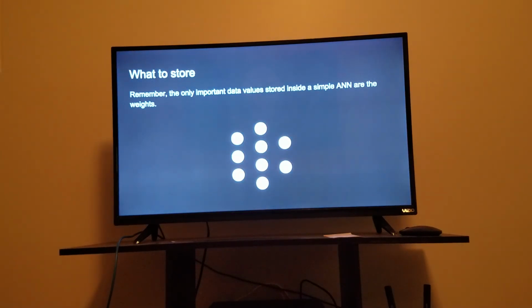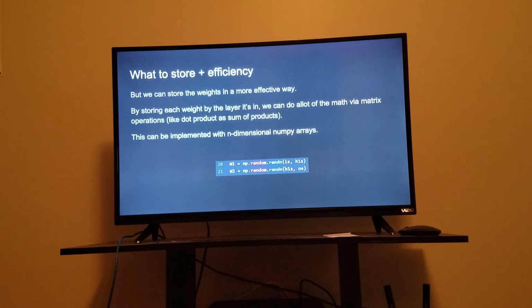So, what do we store? Well, we need to store the weights, and that's about it. Everything else is going to be structural. How many neurons we have, how many layers we have, what activations they use. The only thing that is going to be changing during runtime and needs to be stored in memory is going to be the weights. But how do we do that efficiently? Well, we can store them as a matrix, and that way we can use matrix operations to perform a lot of our